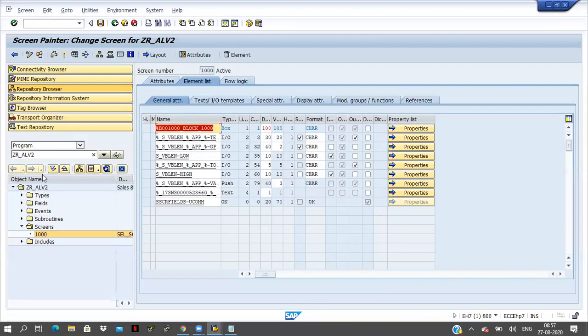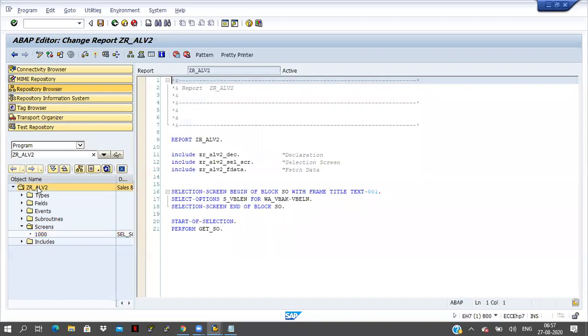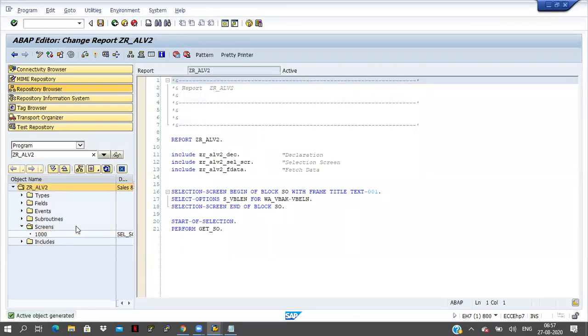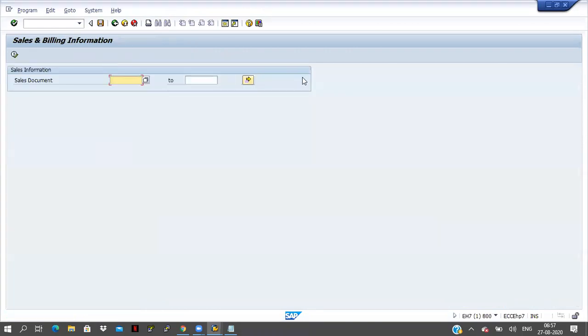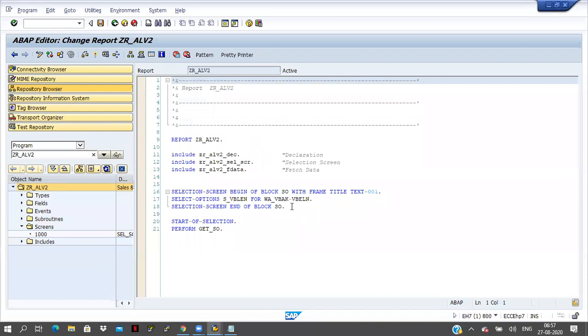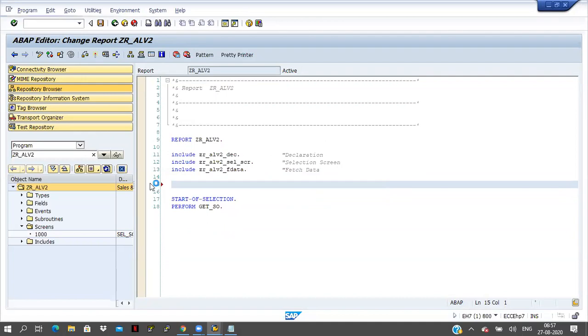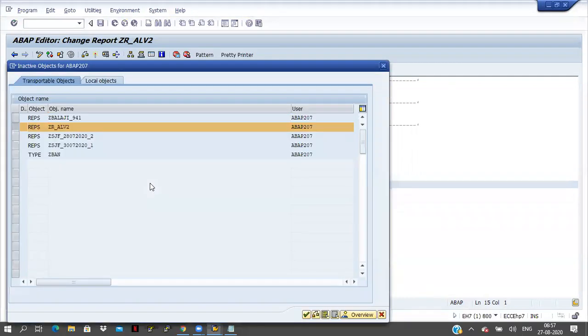Now double click on the program, right click and activate it. Now I am executing this one. See, the length is decreasing here. So in this way we can decrease the length of the selection screen. I want to keep it in the selection screen include only.